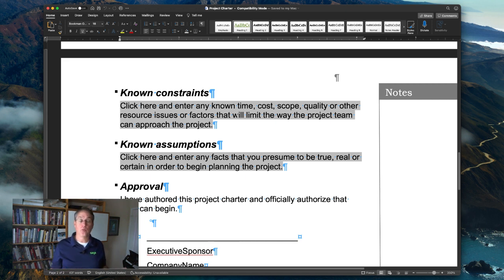What are those things that we know? We're extraordinarily busy, or we know that we really have to get this project done before our busy season starts to kick in, because if our busy season kicks in, we know this is just going to get kicked to the back burner and get delayed. We might have an impending event in the organization. We know that so-and-so is leaving the company, so we have to make sure that this is done before then. So those are the types of things that you want to put in under constraints.